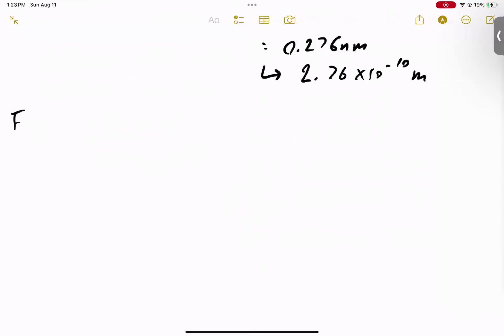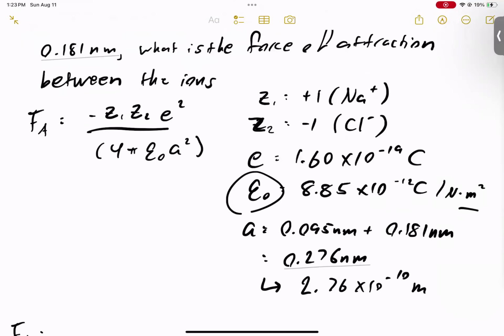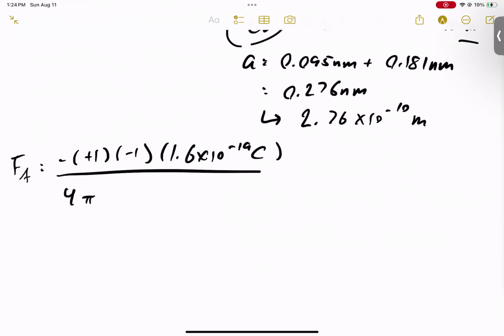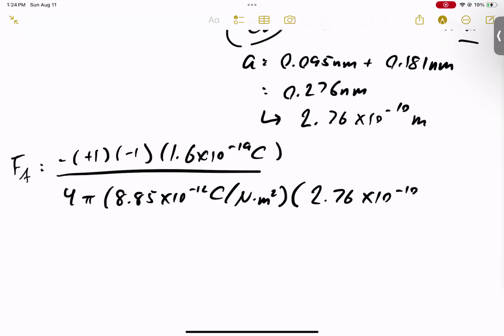So we have FA, and we have the formula over here. So I'm just going to start plugging in. The Z's are basically +1 and -1 for the charges, multiplied by 1.6 times 10 to the negative 19th coulombs for the electron charge, over 4 pi multiplied by 8.85 times 10 to the negative 12th coulombs over newton meter squared, multiplied by 2.76 times 10 to the negative 10th meters. All right, so then if we work through that, I'm going to spare you the math,